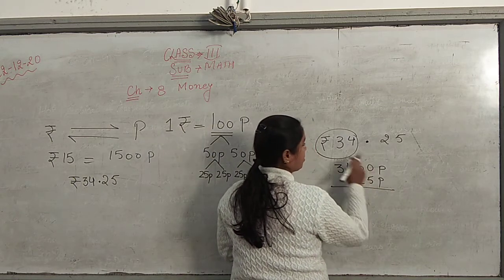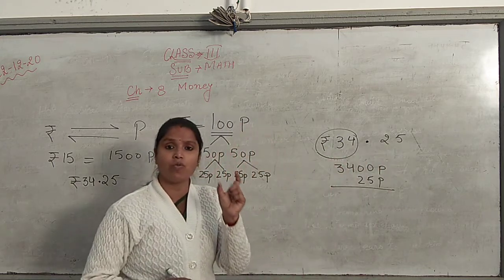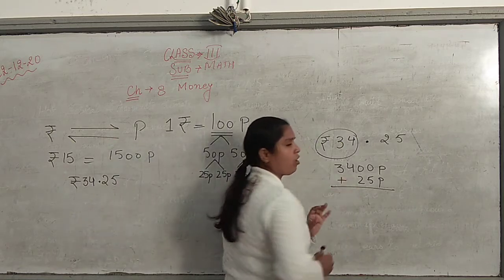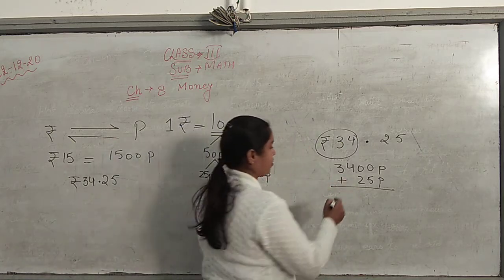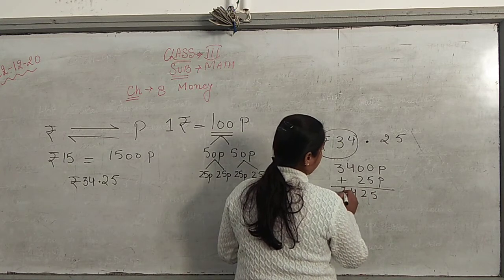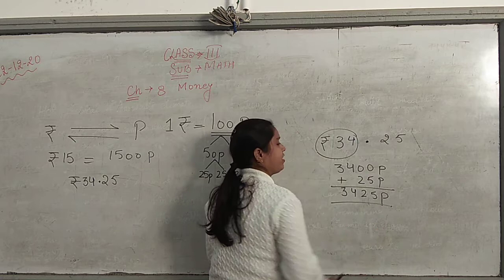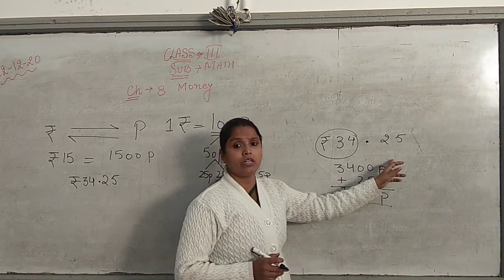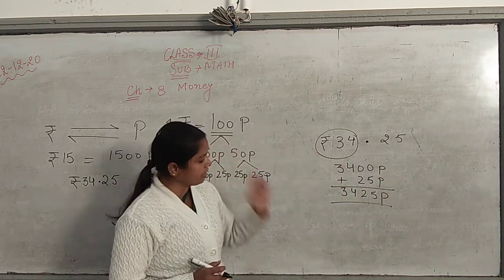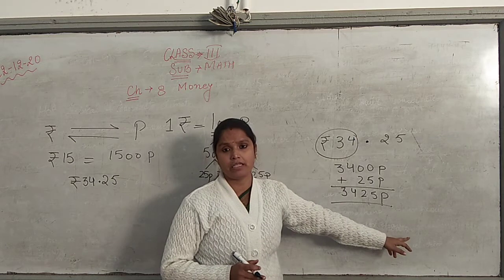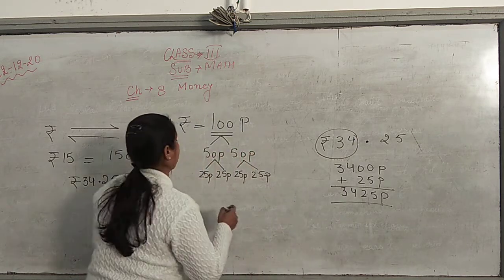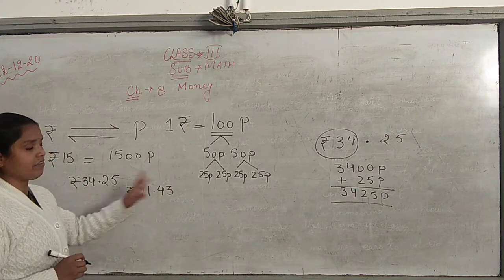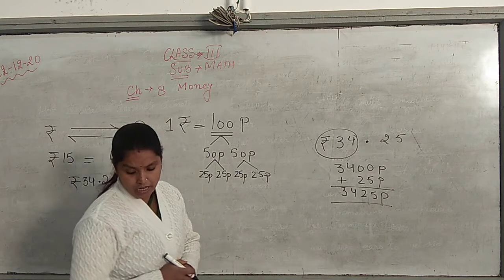Now if I take them together, since these two are of one form only, that is paise, and when things are together we go on with the operation plus. So what will you have? Your number will become 3425 paise. That means when you are changing two different forms, rupees and paise, they will be written together in the paise form. So again, if I have rupees 11 and 43 paise, how will you change it?